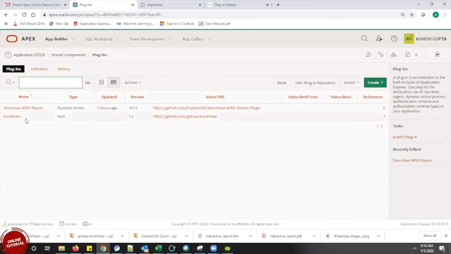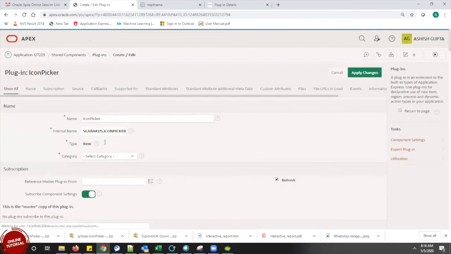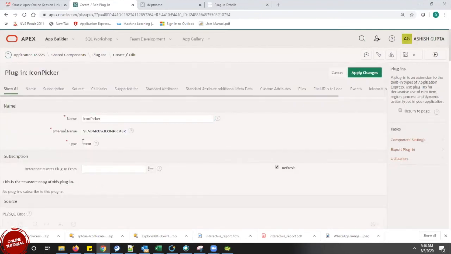Now, what is this plugin? This plugin is nothing but a type of an item. Similarly, if you download any plugin, you have to understand from this type what kind of plugin it is: either a region plugin, an item plugin, a dynamic action plugin, or a workspace plugin.